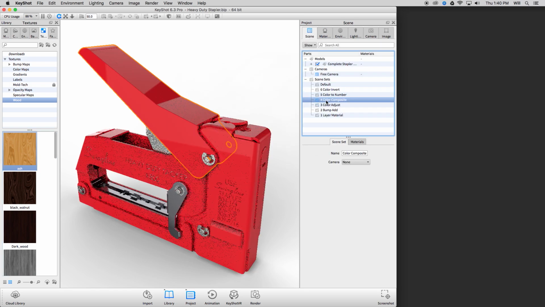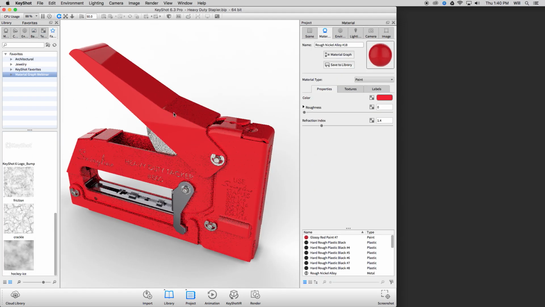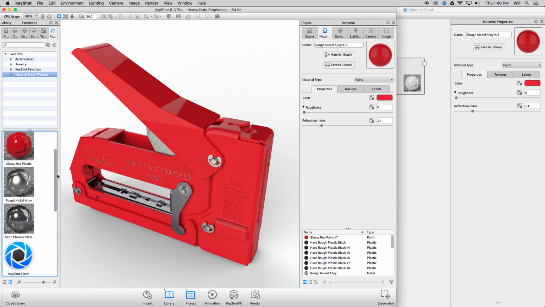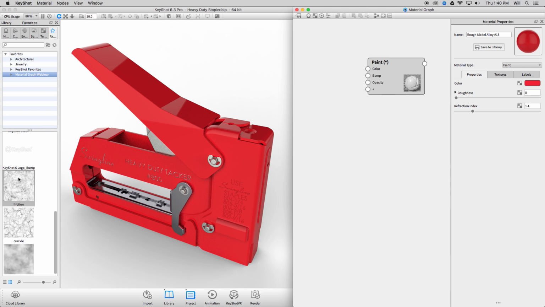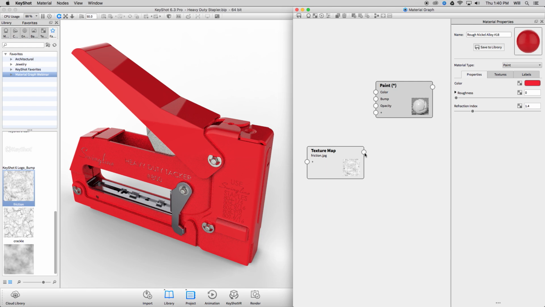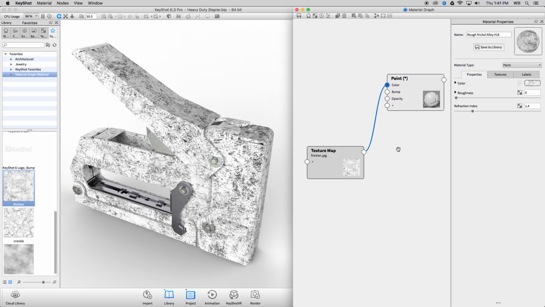Next thing I'd like to show you real quick is the color composite. So following our previous examples, if we double click a material we want to edit and bust open the material graph, we then have our plain paint. But let's talk about color composite. So we're mentioning that it gives you kind of that Photoshop style blending. Well, if I take an image-based texture, drag this guy in, and apply it to the color of the paint, we see that it's now appearing, or we have our texture that is now covering and influencing the color of our paint material. Well, let's say we wanted to add something on top of this, like